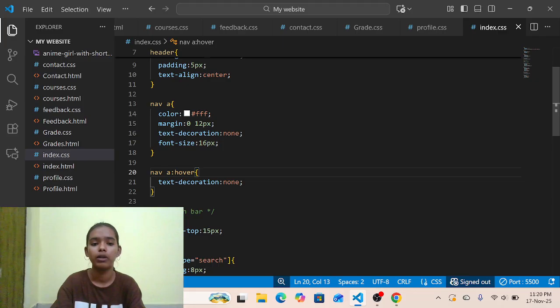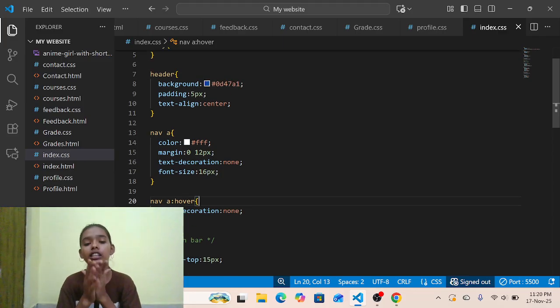Margin. I also explain margin: it gives space outside the box. Then text decoration none. We use it on the anchor tag in the navigation because it is a link.